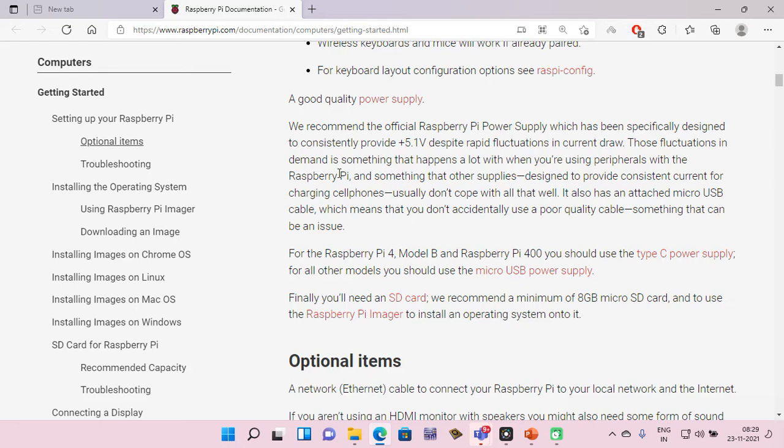Those fluctuations in demand happen a lot when you are using peripherals with the Raspberry Pi, and other supplies designed to provide consistent current for charging cell phones usually don't cope with that well. So if you use a cell phone charger, it's not a good choice. You need a proper Raspberry Pi power supply, and there are some official Raspberry Pi power supplies in the market that you can use.